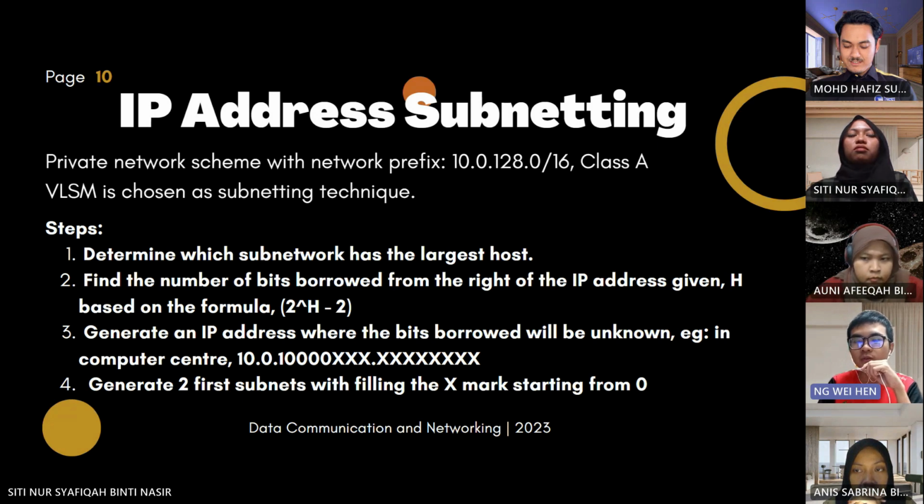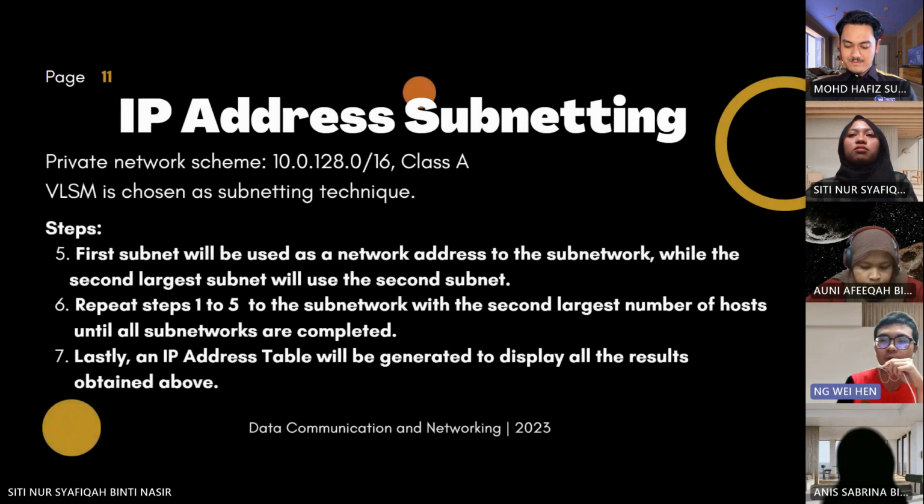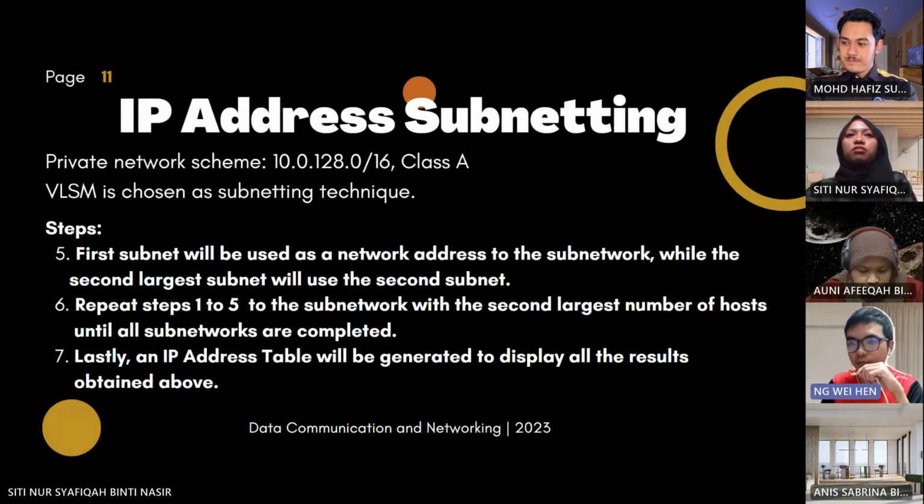And then we generate the two first subnets, filling the mask starting from 0. Next, the first subnet will be used as the network address for the subnetwork, while the second largest subnet will be used for the second subnet. That means this second subnet will be for the second largest host count, right? And then we will repeat steps 1 to 5 for the subnetwork with the second largest number of hosts until